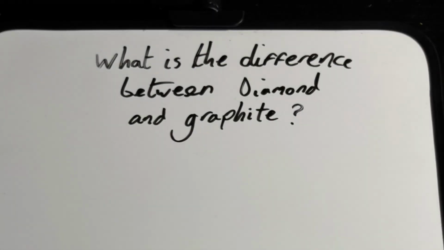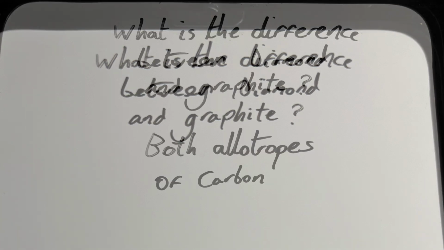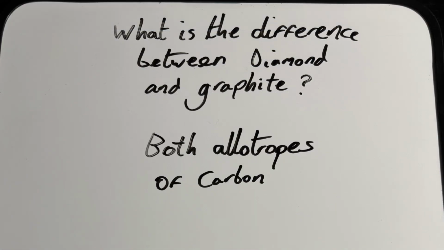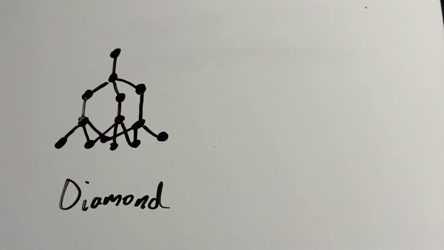Next question is relatively simple. What is the difference between diamond and graphite? We've already covered this in my carbon video. They're both allotropes of carbon, that's the similarities between them. Diamond looks like this when you draw it out structurally,